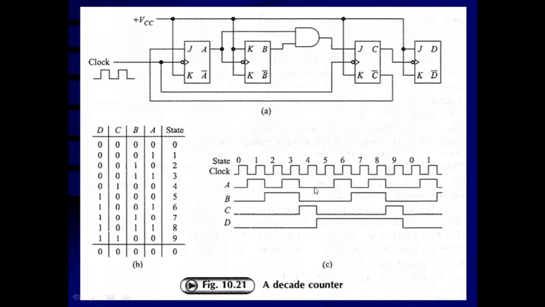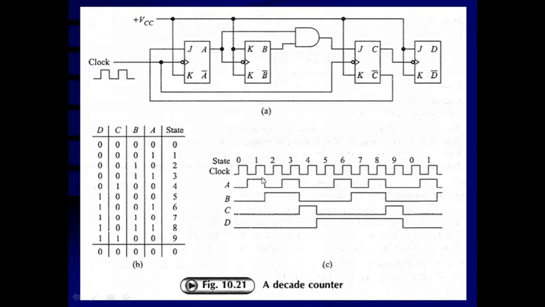This is one set, again this is going to be another set, and then the third set is going to start this way. Now what about flip-flop B? The output of A is working as a clock input for flip-flop B, and its J and K are connected to VCC. So the negative edge of flip-flop A will toggle flip-flop B. Every negative edge of flip-flop A will toggle flip-flop B.